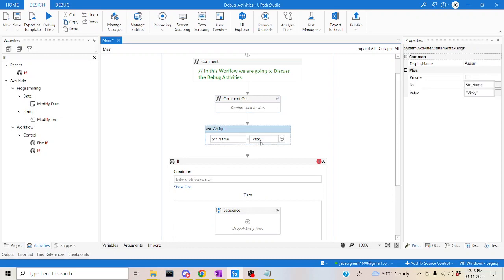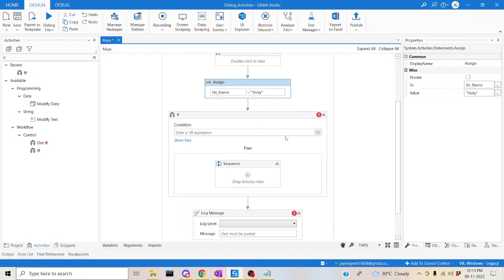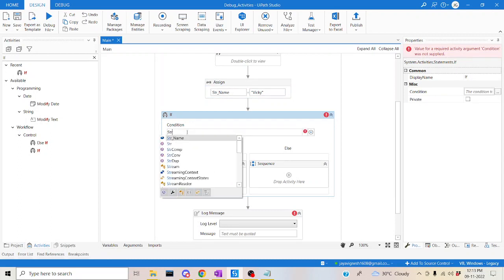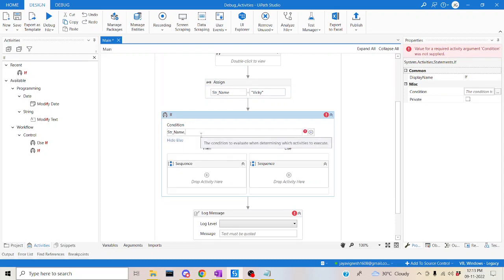So let's assume this particular value has been scraped from the web. This is not a directly assigned value. This is the value wiki, which has been scraped from the web. So what I will do is, str name equal to